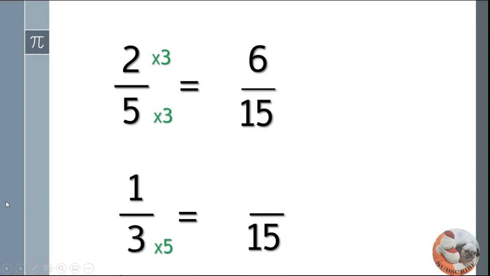Yung numerator, gagawin nyo rin ay i-multiply nyo ng 5. So, 1 times 5 is equal to 5. Ang 2/5 is equal to 6/15 at yung 1/3 equal siya